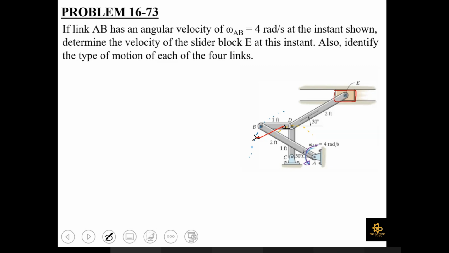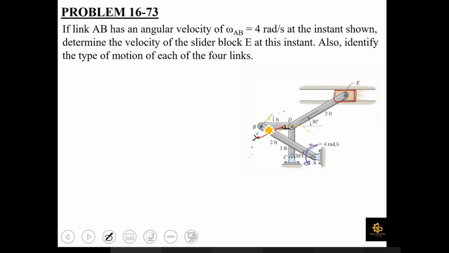General plane motion. इसमें जनरल प्लेन मोशन हुआ है, यानी ट्रांसलेशन एज वेल एज रोटेशन दोनों इसमें हो रही है साइमल्टेनियसली। सो दिस लिंक बीडी इज बेसिकली अंडरगोइंग जनरल प्लेन मोशन।